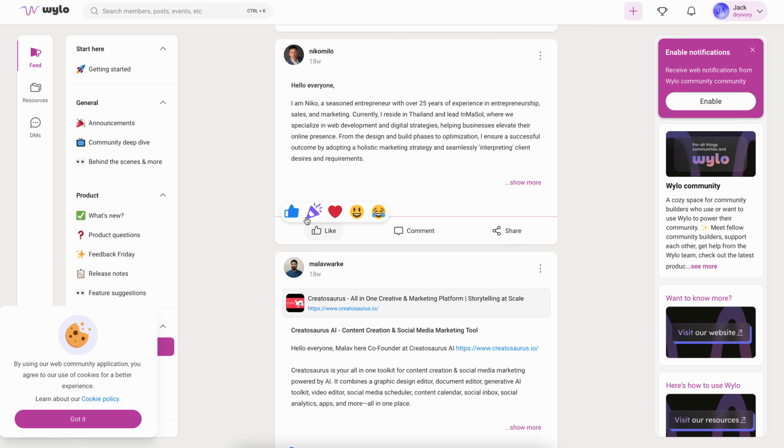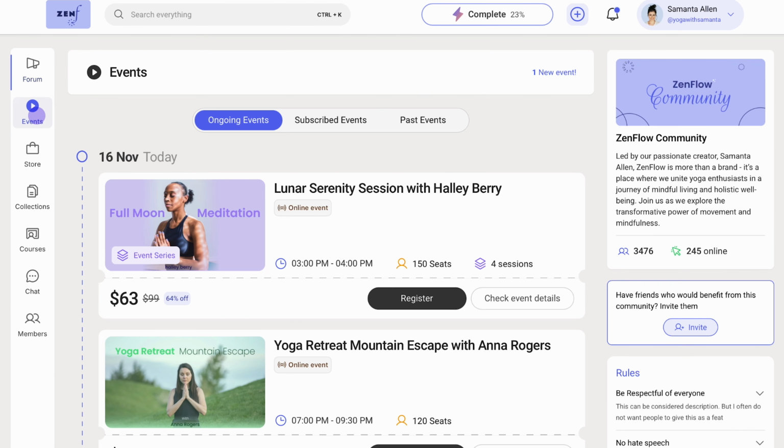without feeling overwhelmed. Once you've set up, the daily engagement flow is pretty straightforward. Open the app, check your notifications, and interact by posting or reacting, joining events, and earning reputation points. This cycle is built to help you stay connected and make the most of the platform at your own pace. By focusing on an easy-to-follow onboarding and habit-forming daily routine, Wylo really aims to offer a user-friendly experience without resorting